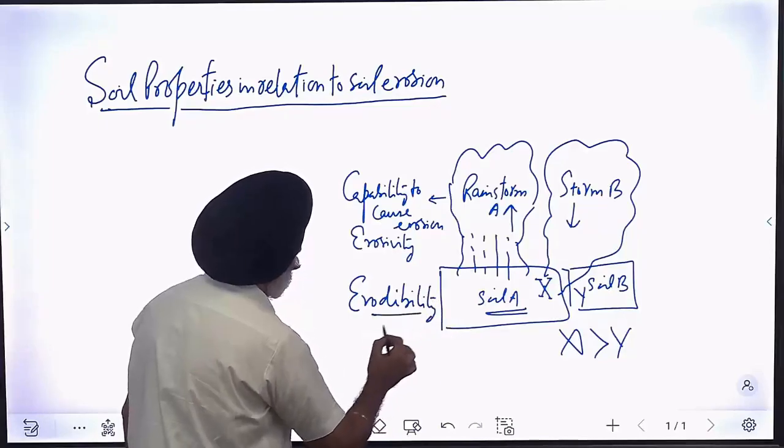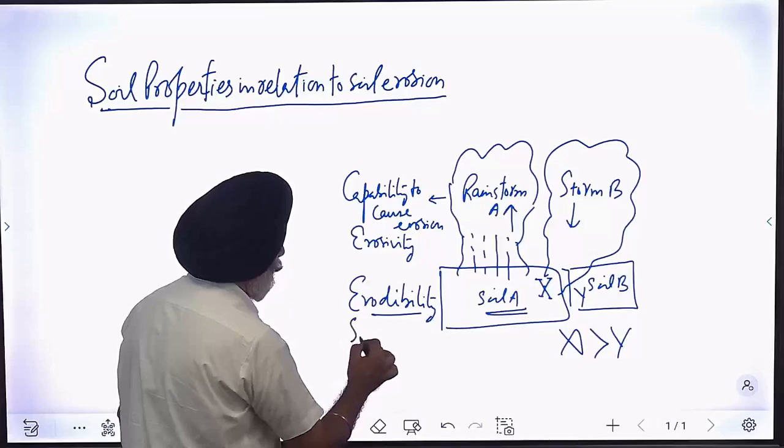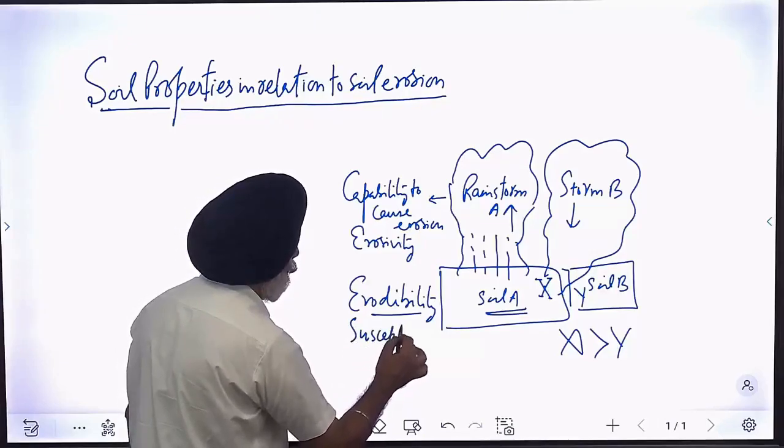This erodibility you can call the susceptibility of soil